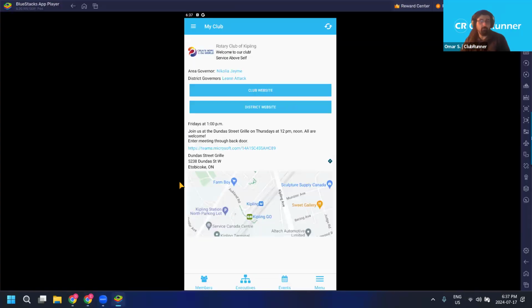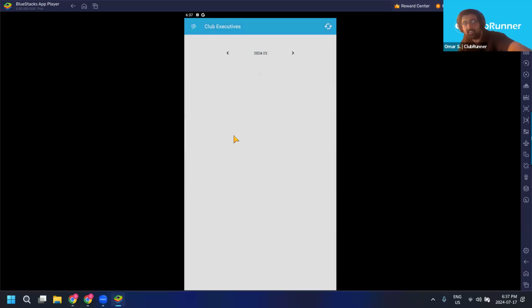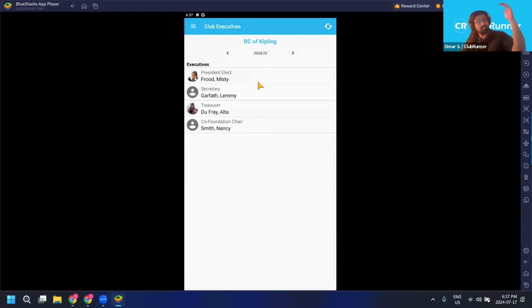The same is true for your club executives. If I go back to the mobile app, press the little burger icon, club executives, here's that same list. Misty, Lemmy, Alta, Nancy, they have access on the district to update our club information, enter more executives. If for some reason you're in a situation where no executive is entered and nobody can enter a new executive, you can reach out to our team,